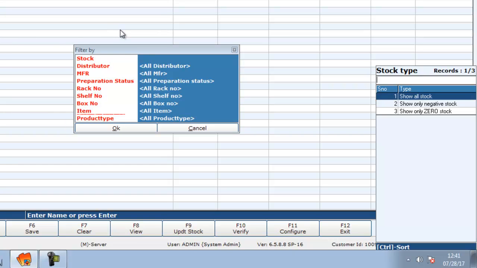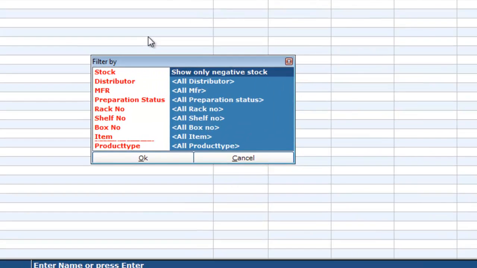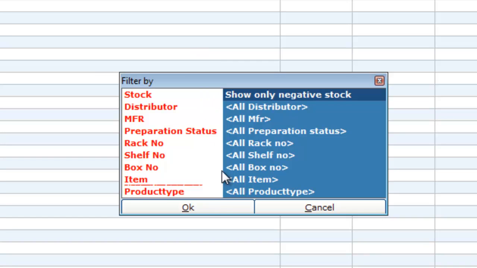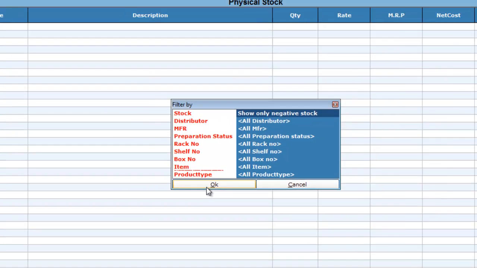Now, for an example, let me choose negative stock. Click enter. Now, click OK again. You can also use multiple filters here to filter the items with the respective options. Click OK.